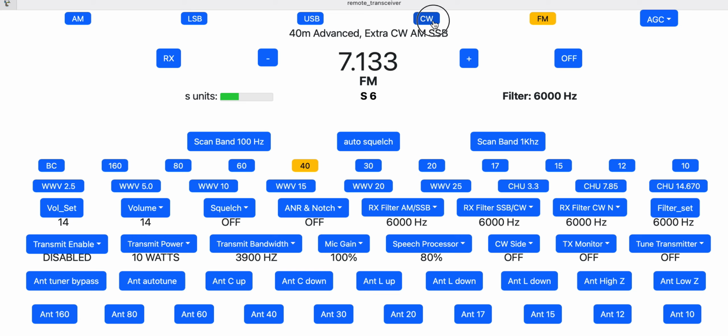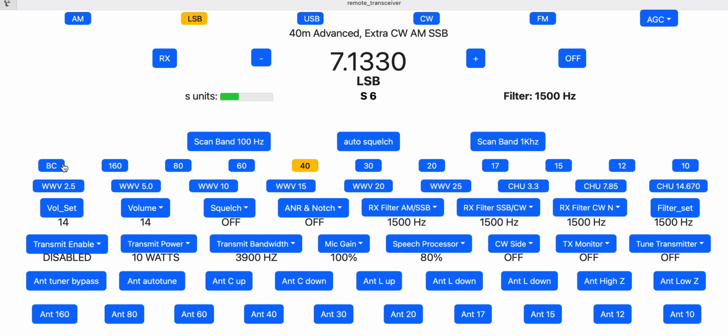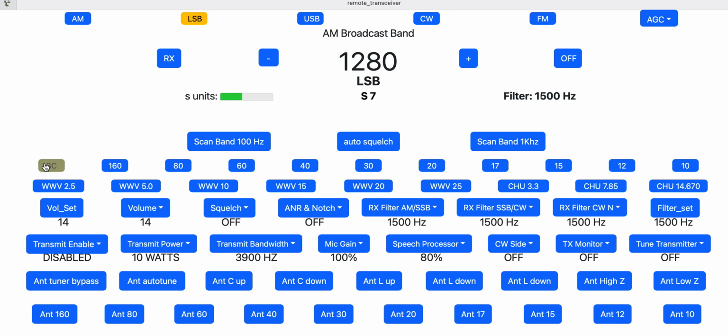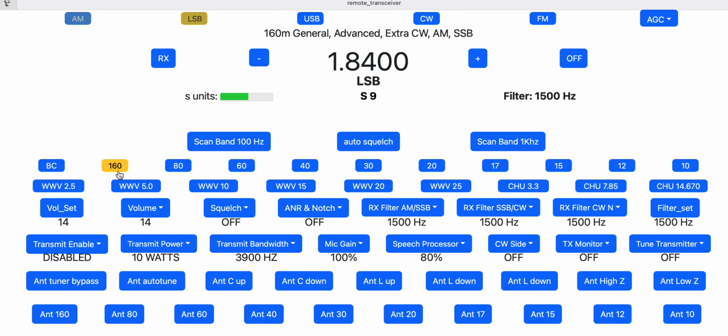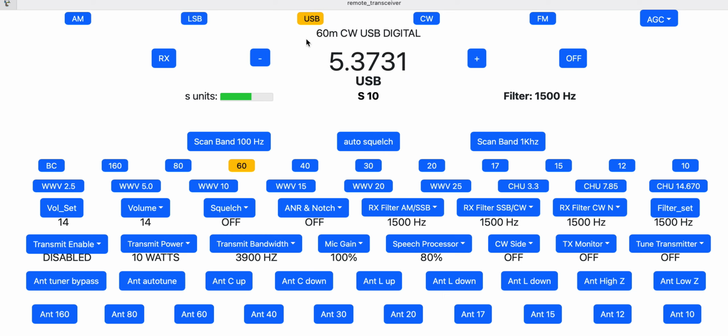And of course, when you change bands, it always knows what mode to go into. So AM, it goes to AM. 160 goes to LSB, or you can make it CW. 80 meters defaults to LSB. This defaults to LSB also. There were guys talking on here somewhere. Now, this is very noisy, so